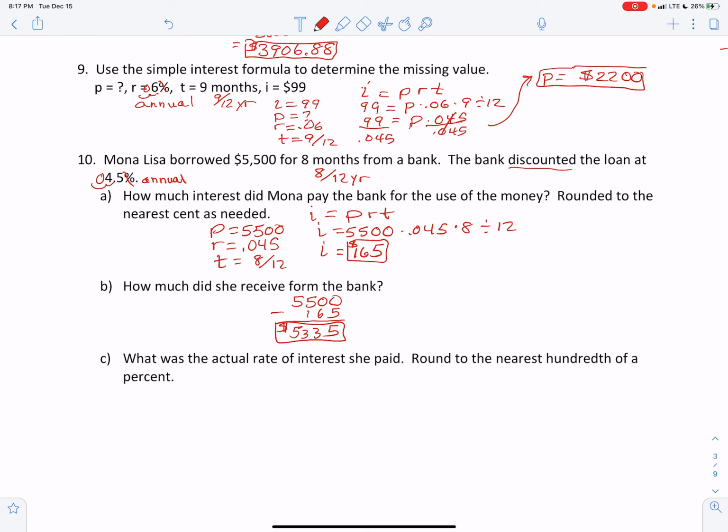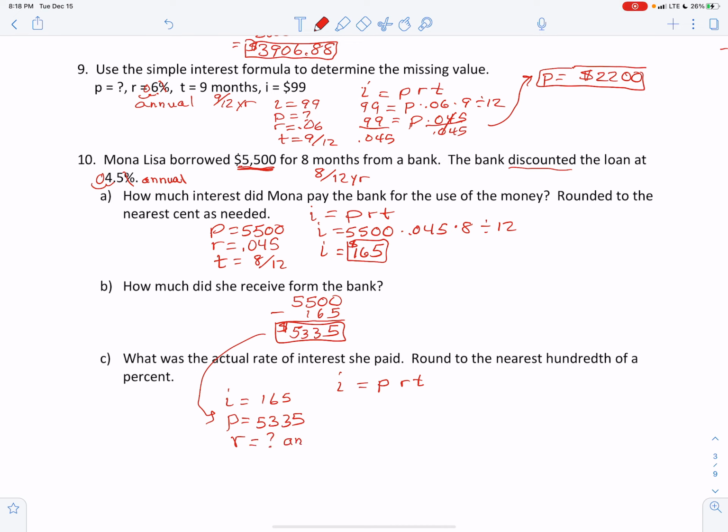Now, they advertised a 4.5% interest, but that's on the 5,500. She doesn't actually get the 5,500. So we want to find the actual rate of interest on the money that she actually got. So use the simple interest formula. We calculated the interest that she paid as $165. But she didn't actually get the $5,500. What she got was $5,335. We want to find the rate,